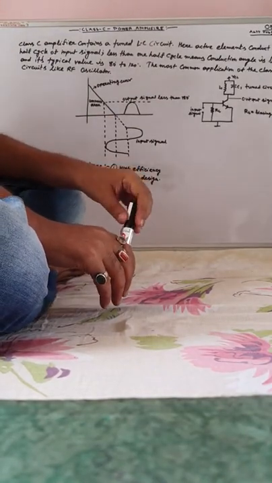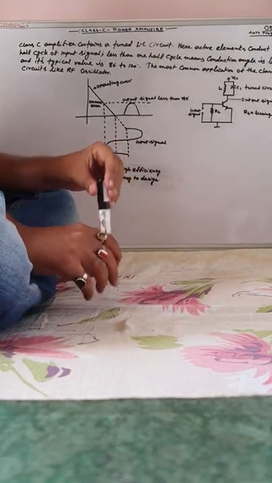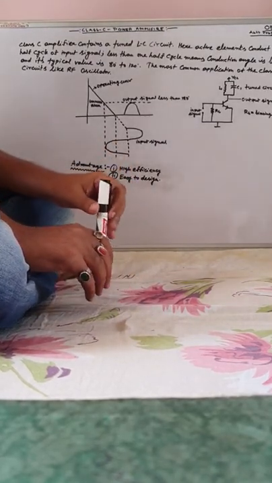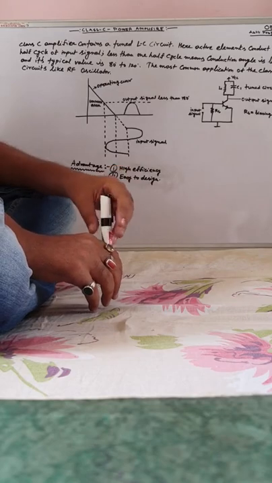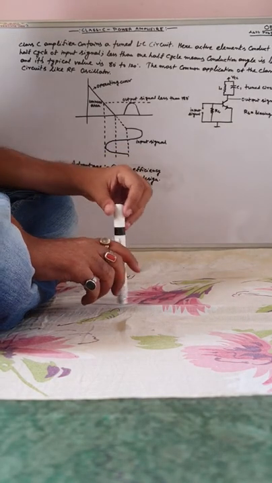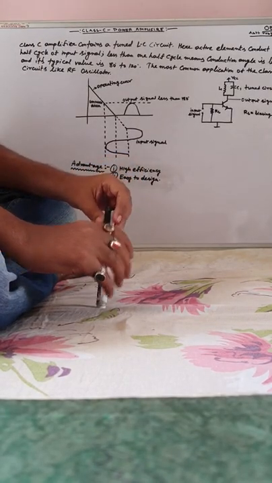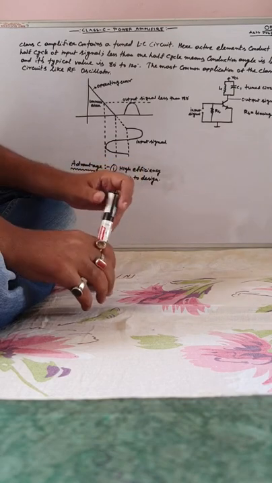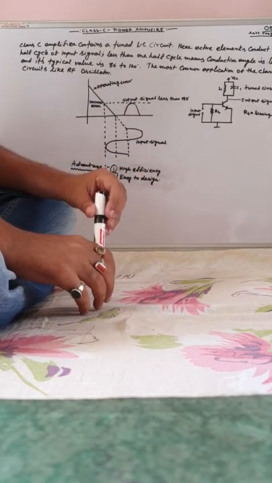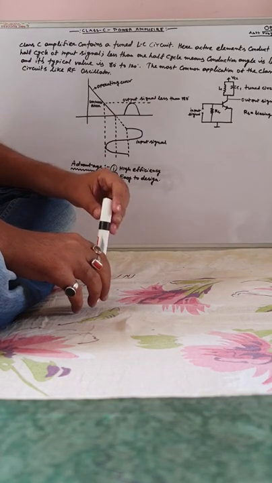Today we will learn the class C type amplifier. This is your last power amplifier class. Shortly after this video, I'll give you another set of videos regarding two problems of class A amplifier. I thought class A amplifier problems are quite difficult, like class B amplifier, so I'll show you two different problems on class A amplifier. But for the time being, you'll have to learn the class C amplifier.